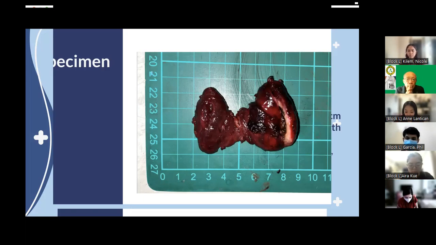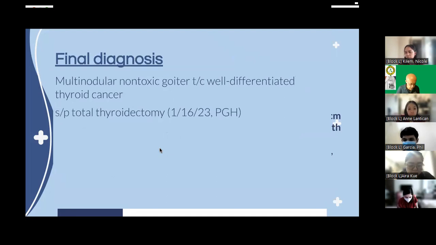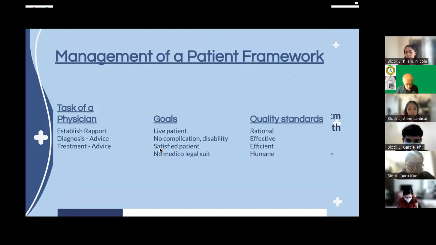So health restoration, basically counseling, no? Counseling the patients on the prognosis and